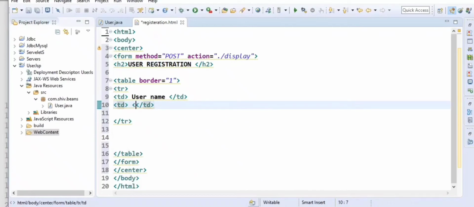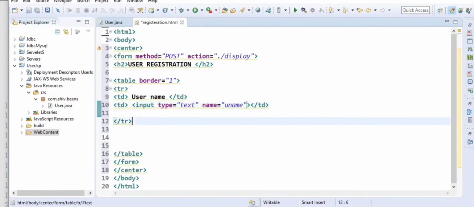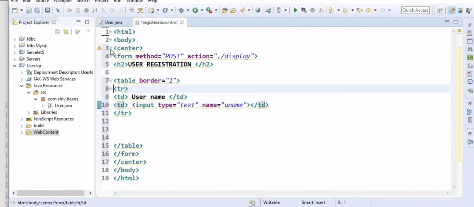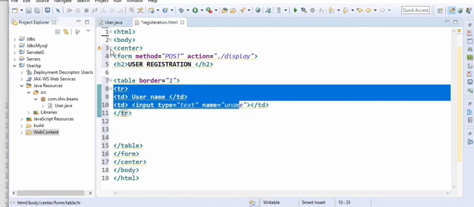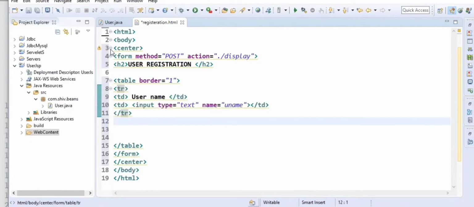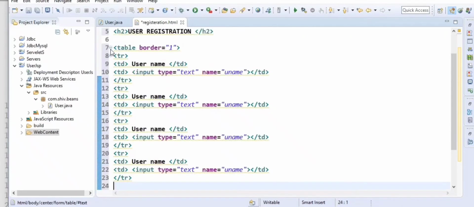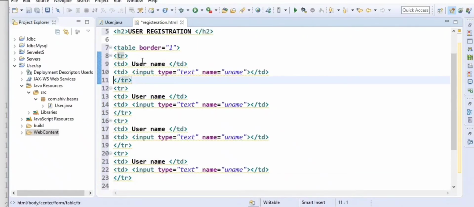And in here I want to take an input of type text and name as uname, and I have to take four rows like that. So uname is completed.